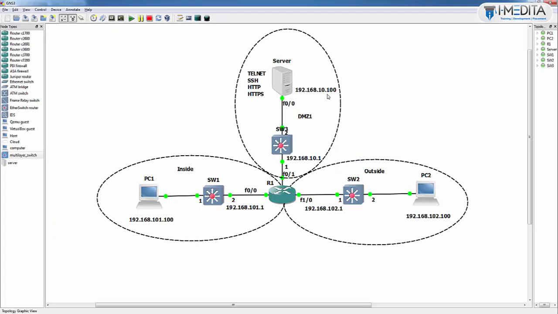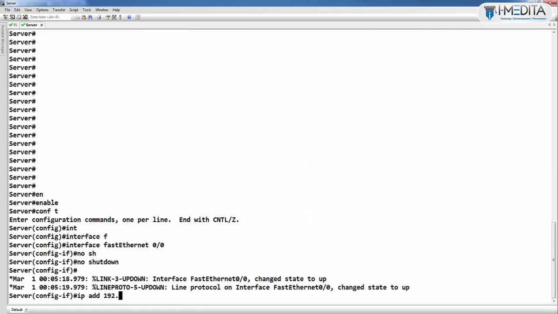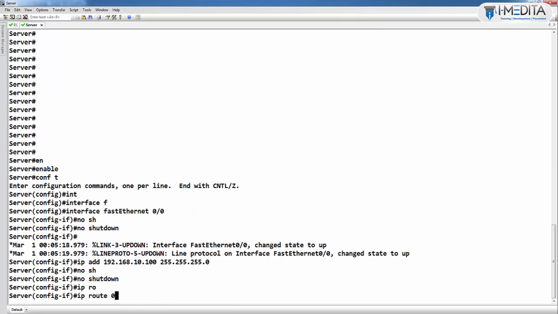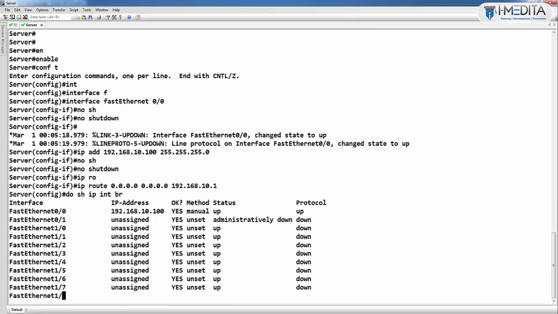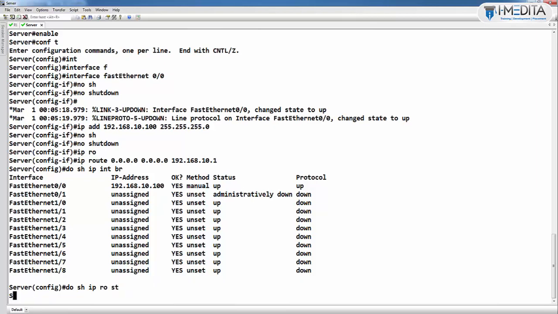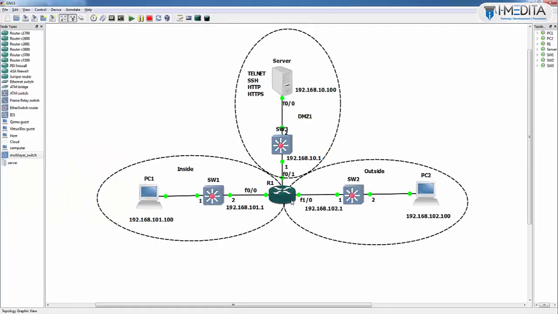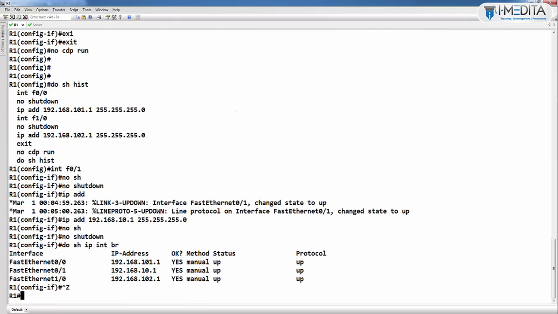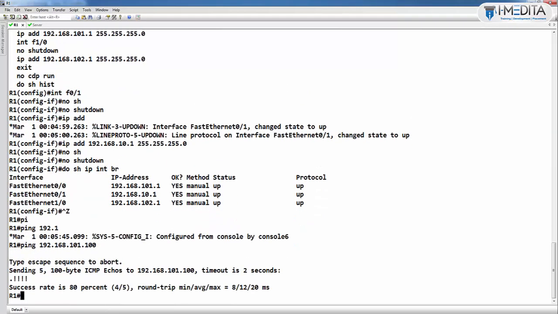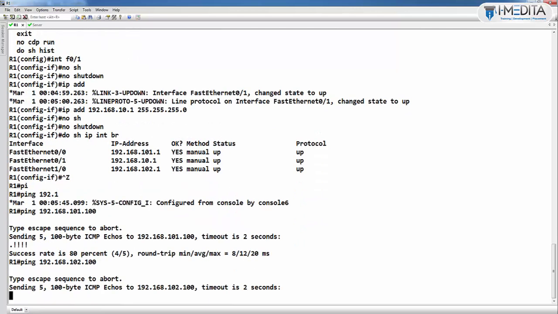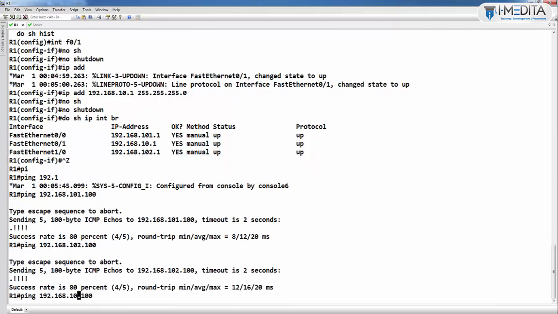Server IP address is 10.100 and here 4 applications are running. And its gateway will be... yes. Do show IP route static. Now go to router, ping to 101.100, ping to 102.100, ping to 10.100,